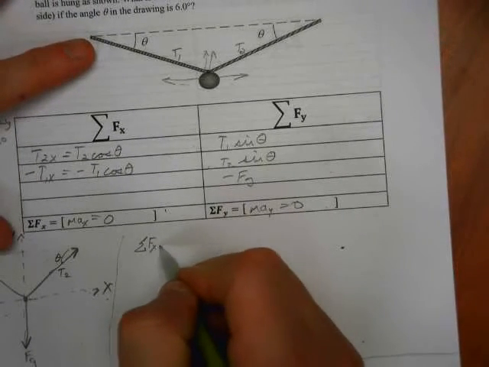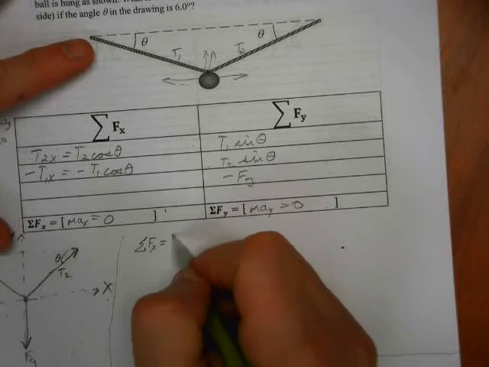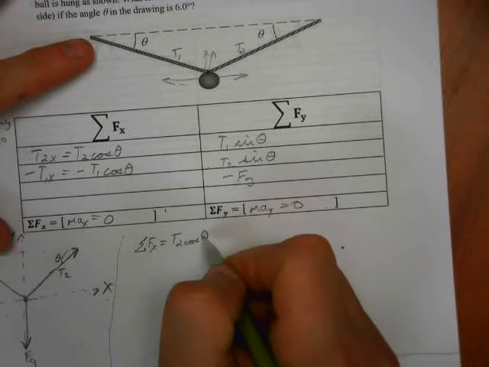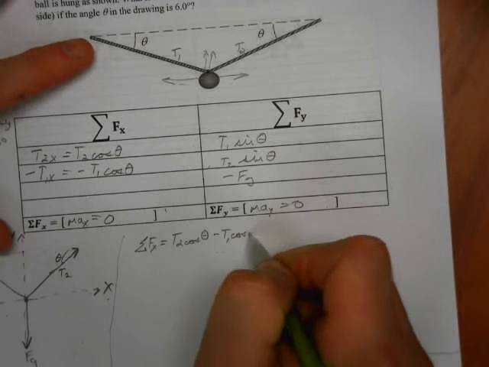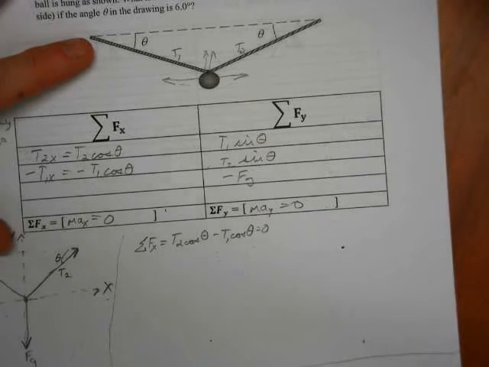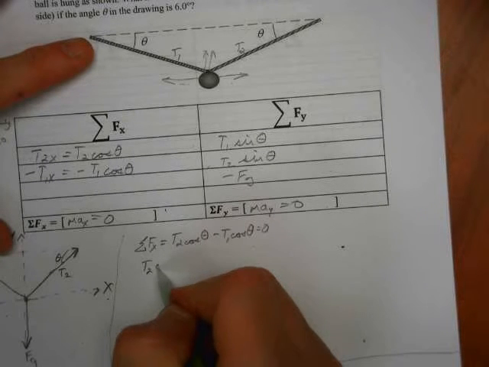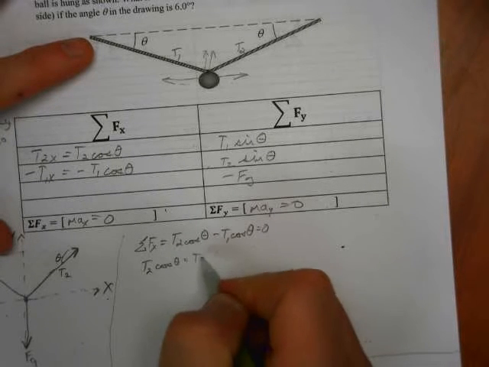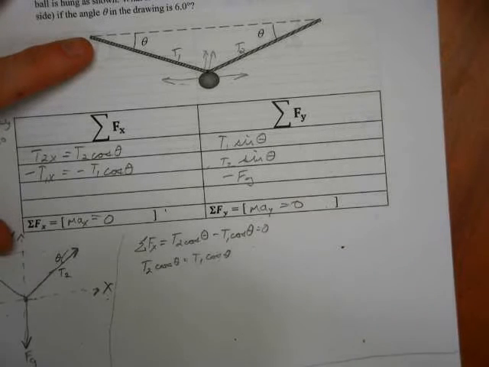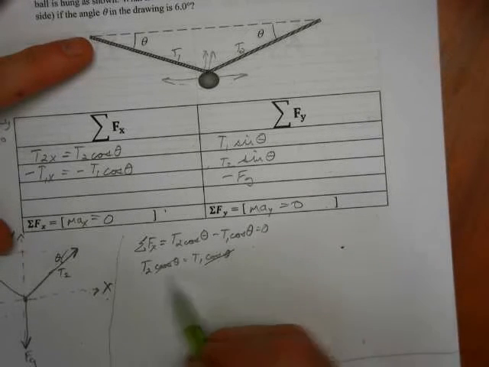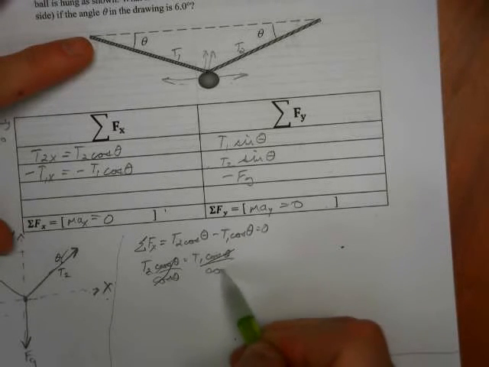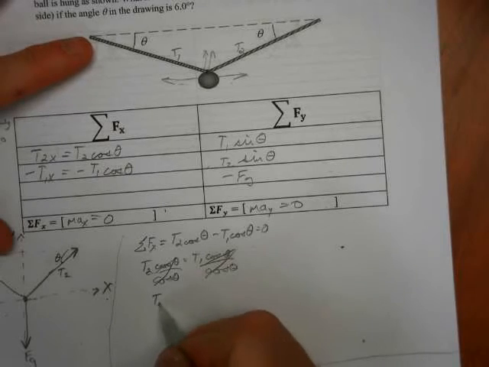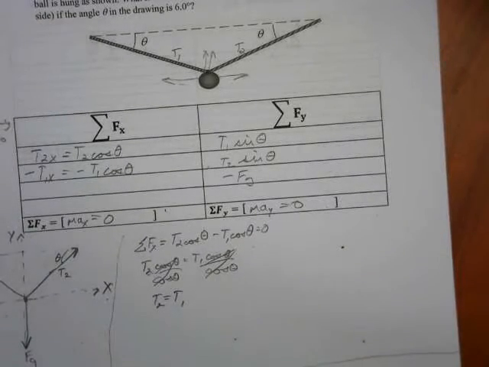Sum up the forces in the x direction. It's T2 cosine theta minus T1 cosine theta, and we said that equaled 0. So T2 cosine theta equals T1 cosine theta. Cosine theta is on each side, so if we divide each side by cosine of theta, that cancels out, and so does that. So we see T2 equals T1. Okay, that was obvious. You knew that from the beginning, but I wanted to prove that to you explicitly because